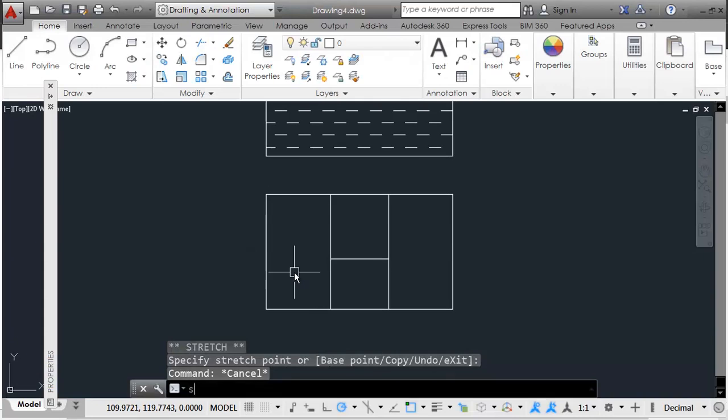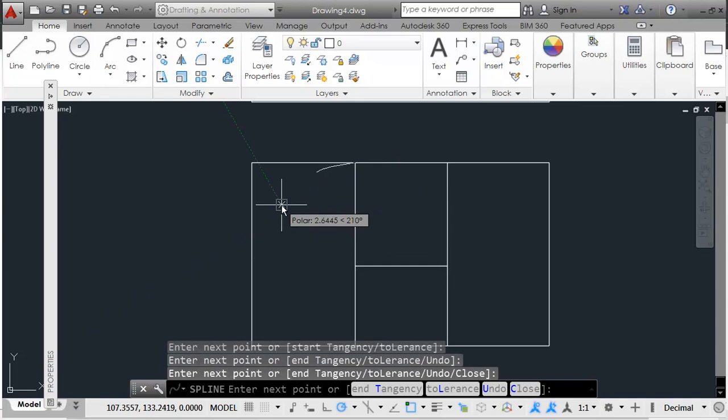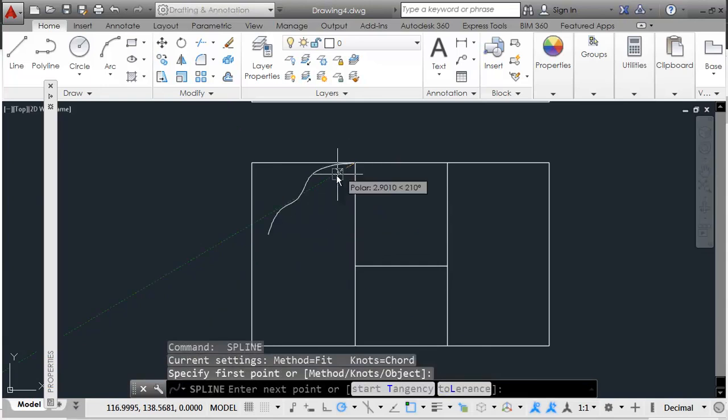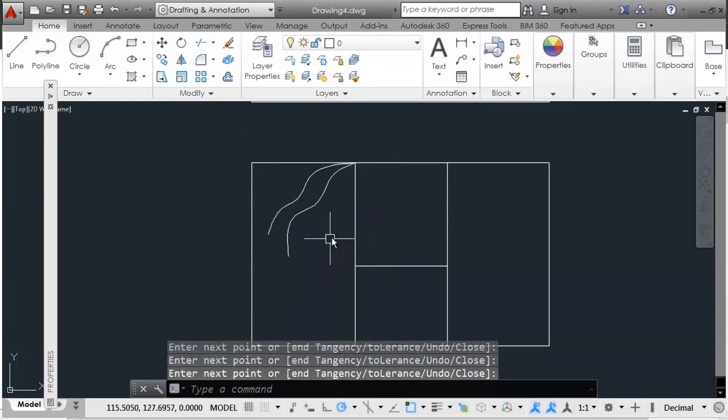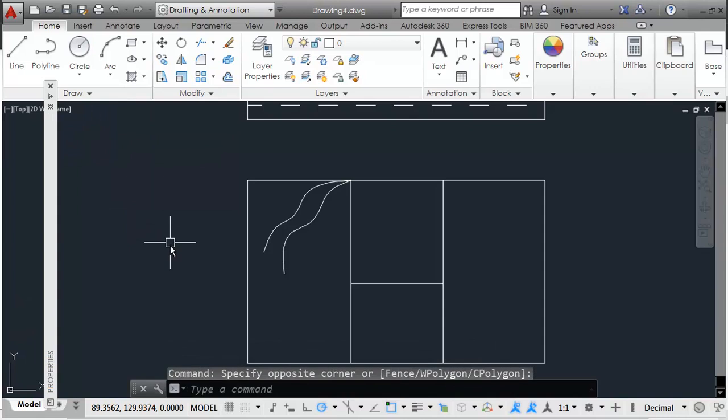So I can just go with spline. You can go with spline and make clicking marks. You can also take another command called sketch. I don't know whether sketch is available here directly. No, I think it's not available. You just type in the command sketch,